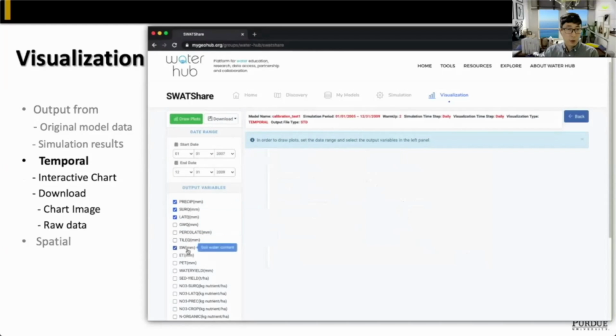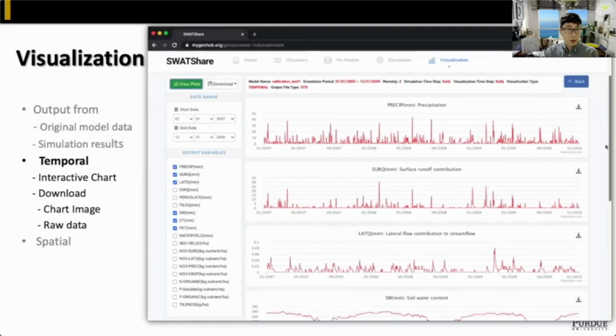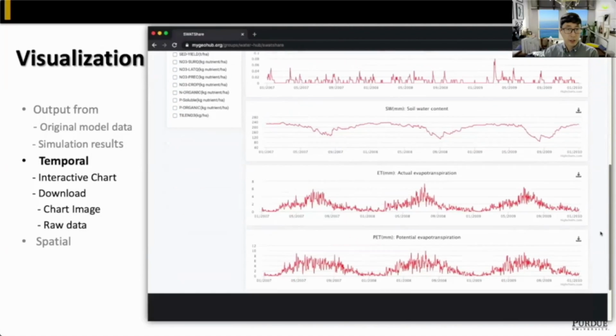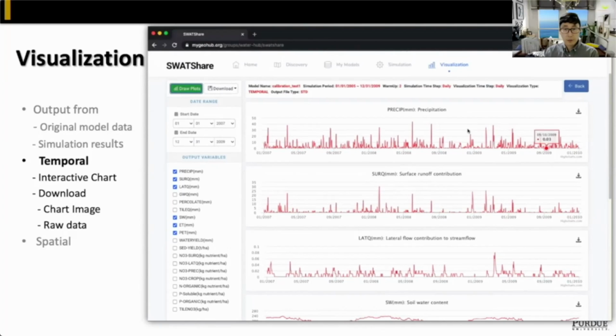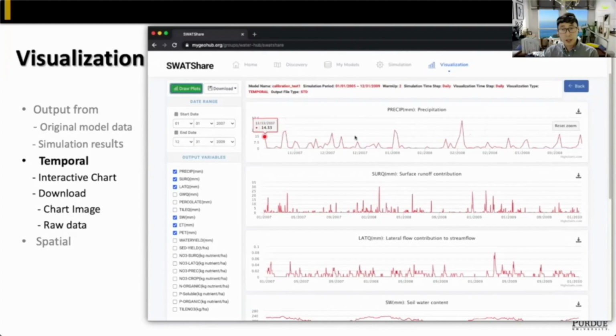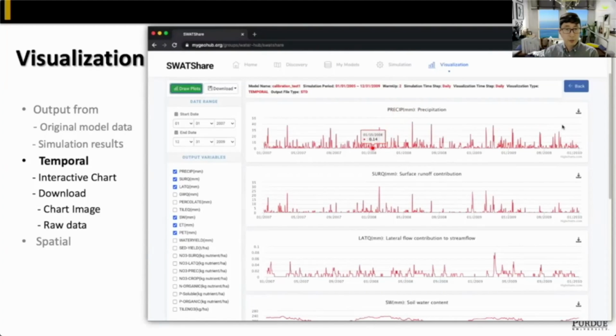When users click the Draw Plots button, the time series plots of the selected variables are created on the screen dynamically. Users can explore the created plots and zoom in and out to see some specific date range. They can also download images of the created plots and raw data files.